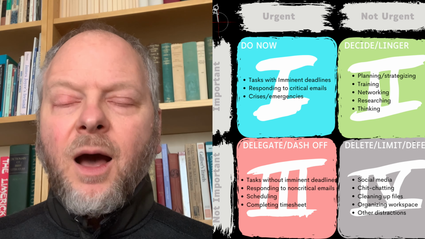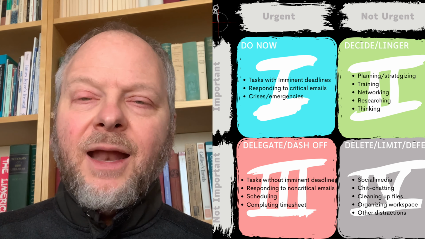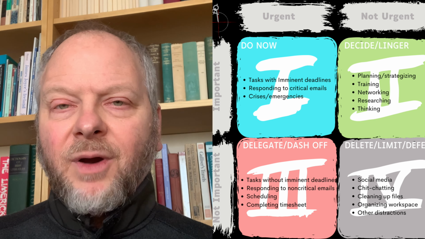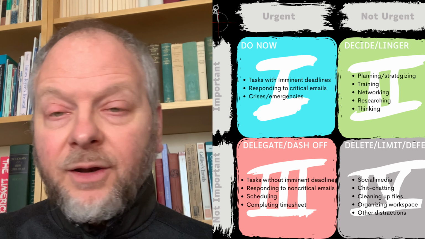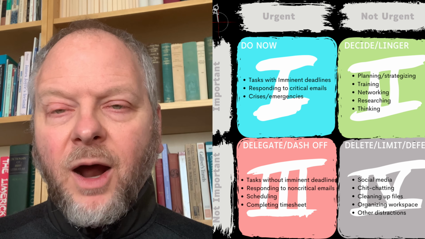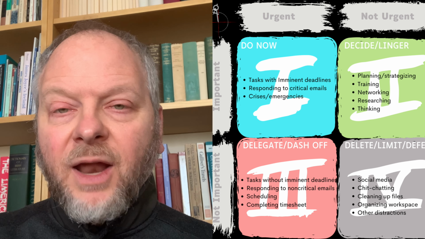The beauty of the Eisenhower Matrix is that it seems a little complex at first, right? You've got to make this decision. So what am I going to do? Every time I have a decision to make, I'm going to think, is it urgent? Is it not urgent? Yeah, that's all you have to do. Maybe the first few times you lay it out, you draw it out on a sheet, create a quadrant, decide where your next decision falls.